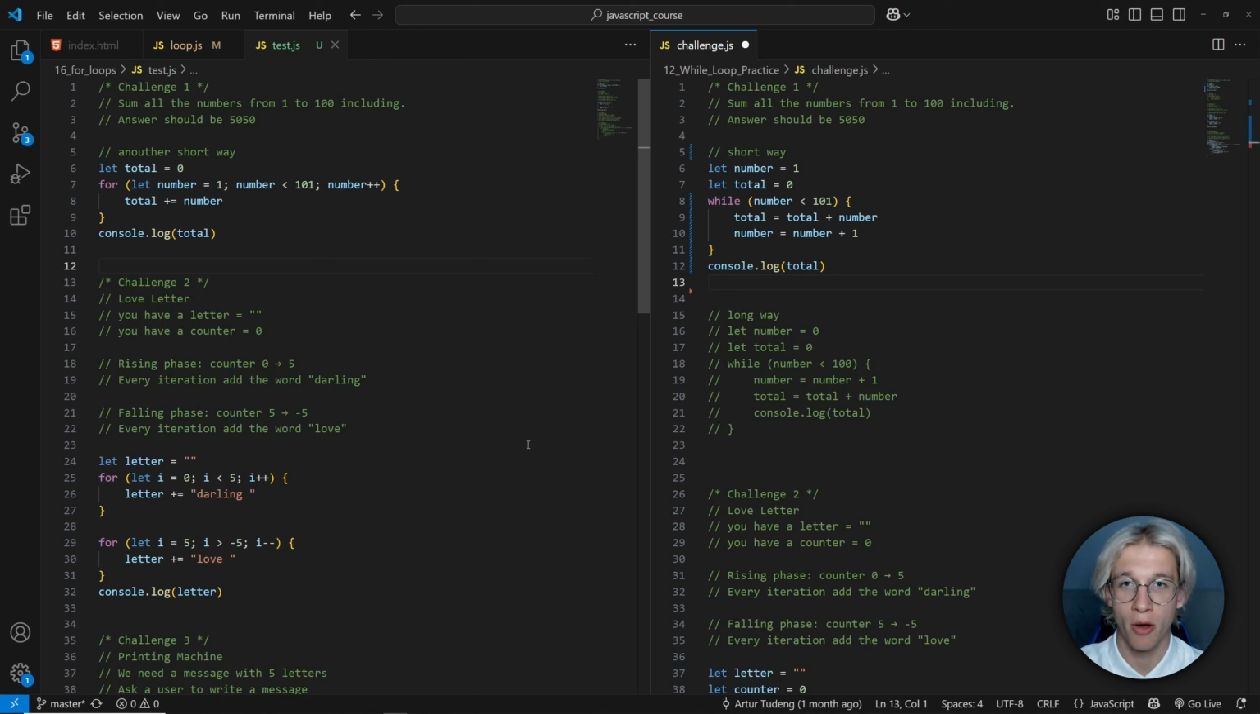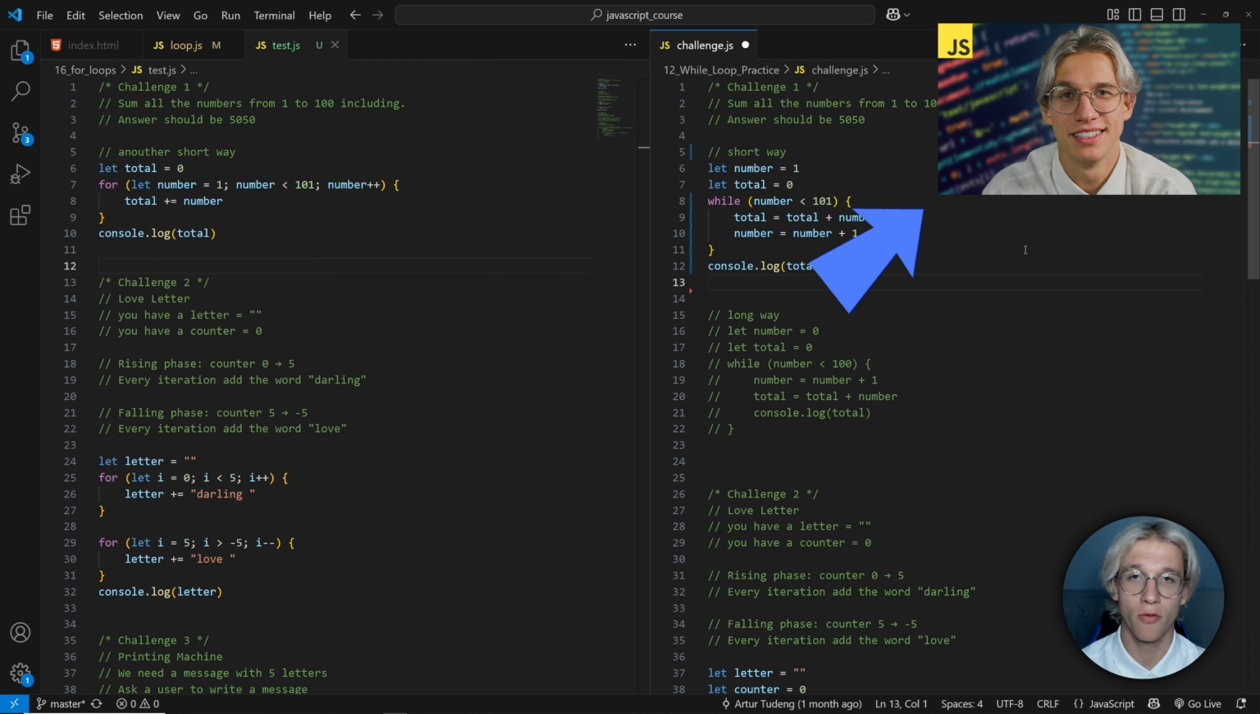Today you will learn about for loops in JavaScript. For loops are the most common type of loops, even though they might look very scary at first. The best way to get used to them is through practice. So let's try to solve the same challenges as we had for the while loop, but this time using